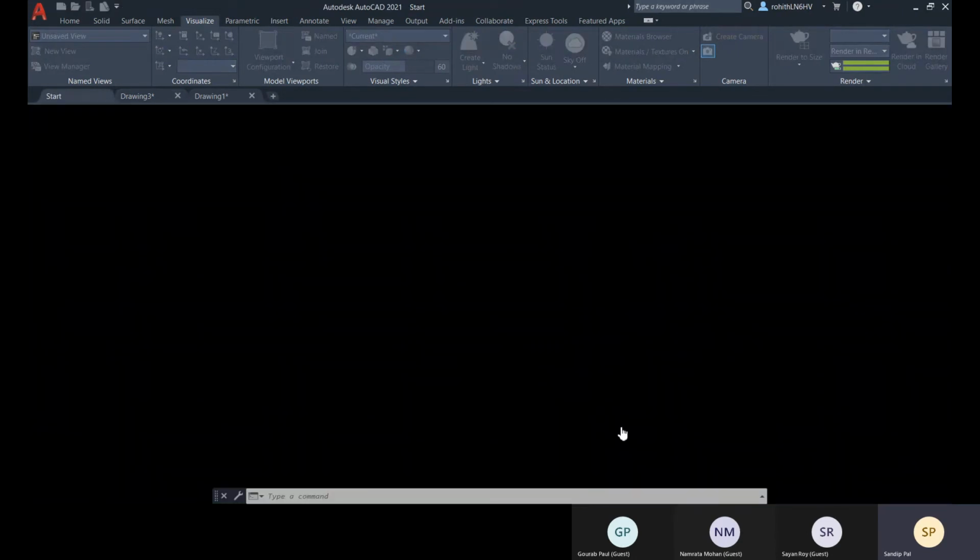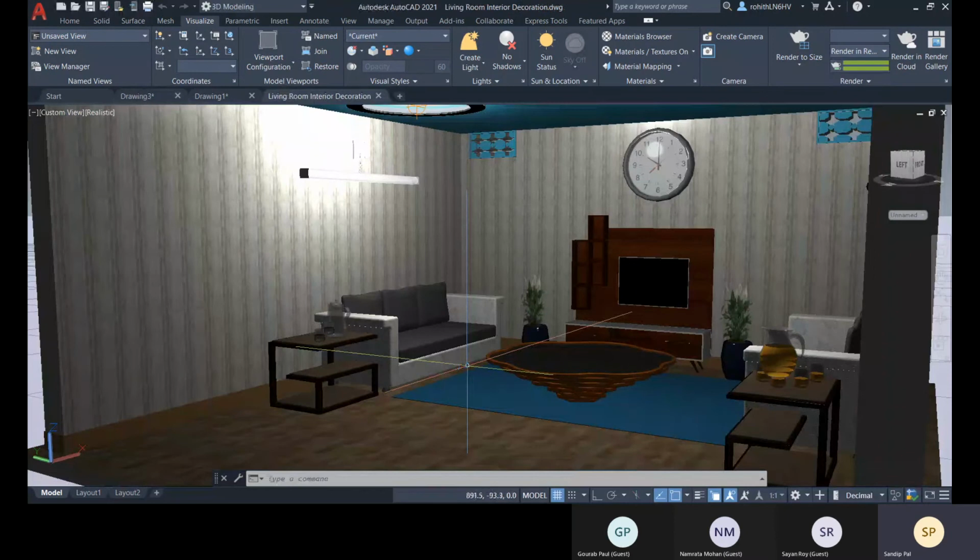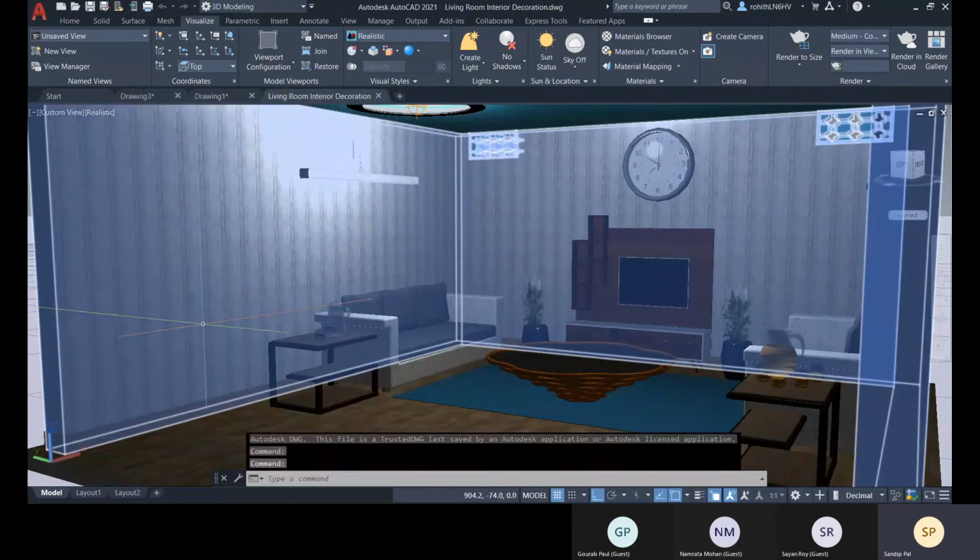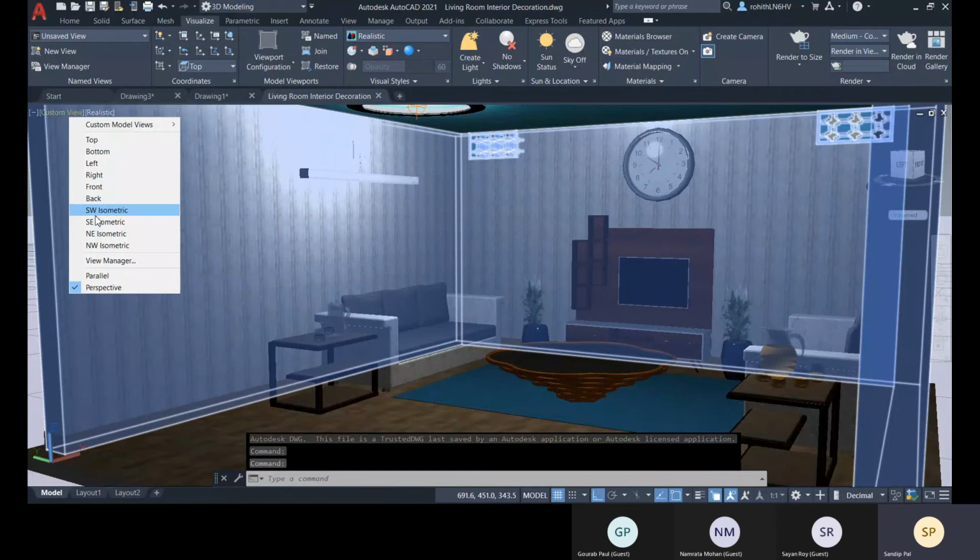Let me open that. Let me change it to SW isometric.